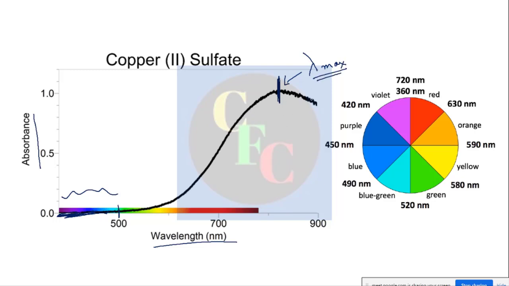But why do we have a broad band? We already discussed in our last lecture why we have different kinds of broad bands, due to various reasons. We have broadening of each band, but this is our lambda max. So this corresponds to the energy gap.